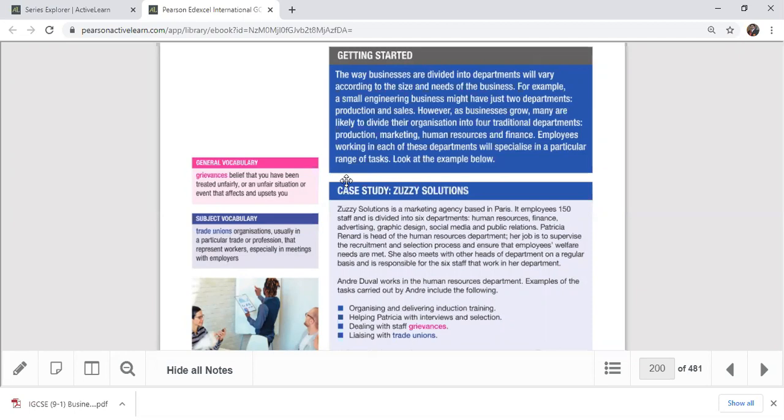But if I ask what is the most important department, you can't pick any department, because everything is important for the business. Without finance, difficult. Without HR, difficult. Without marketing, there's no income coming in. They are the ones who go and sell, work in the field. Production department is responsible for the manufacturing part, the operations part. But imagine there's no production department, then it is difficult for the organization to run.